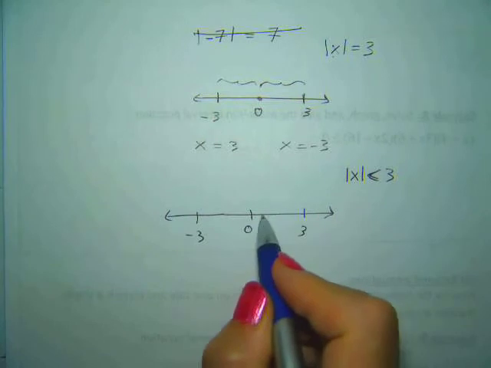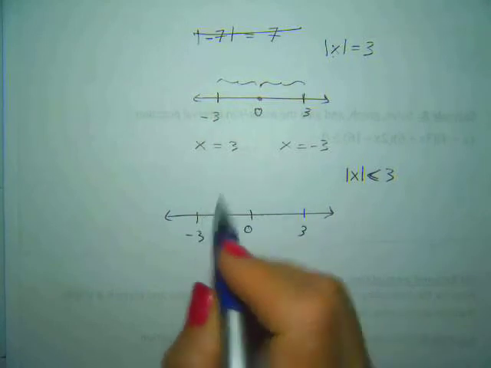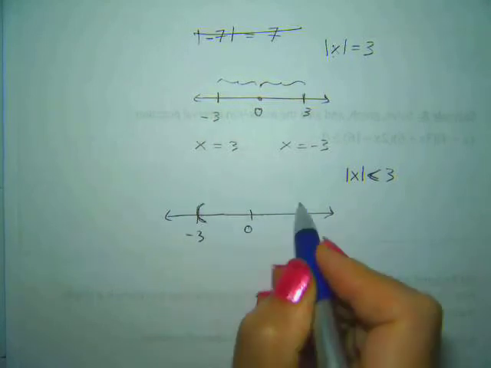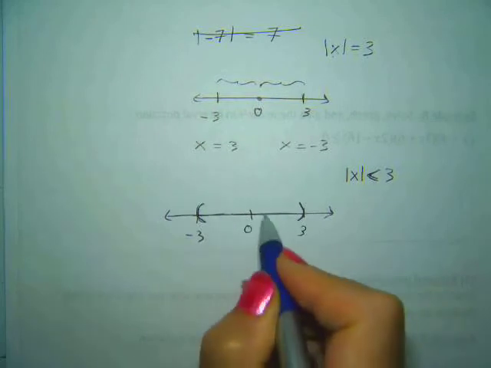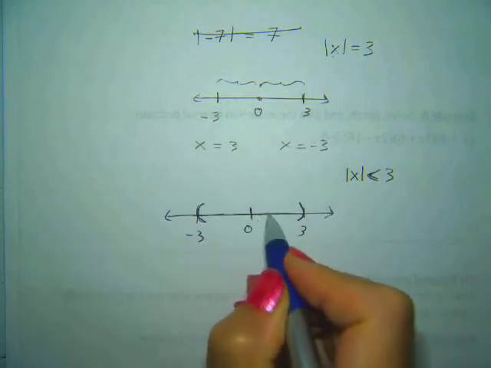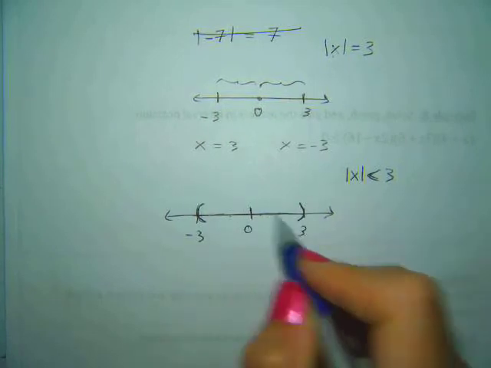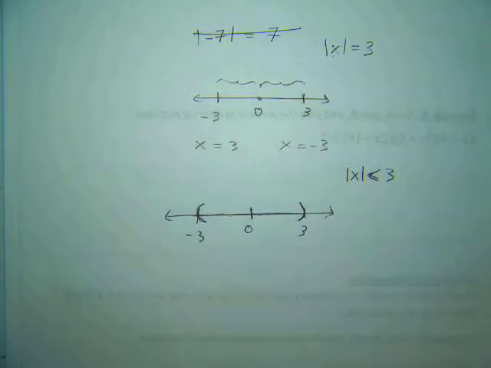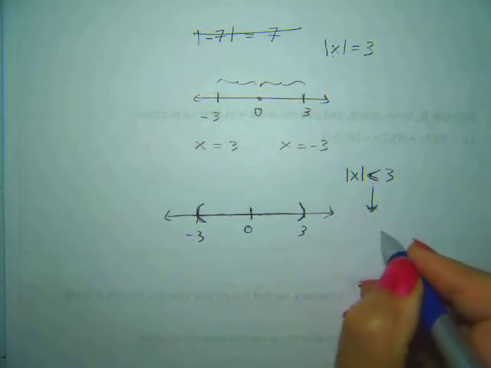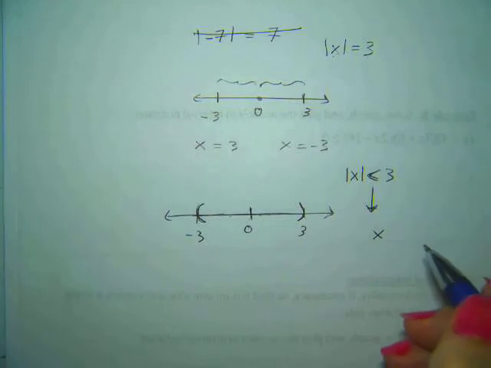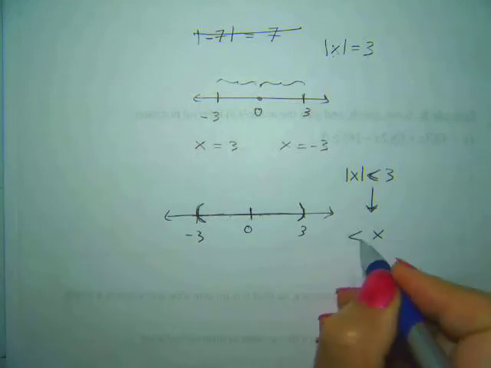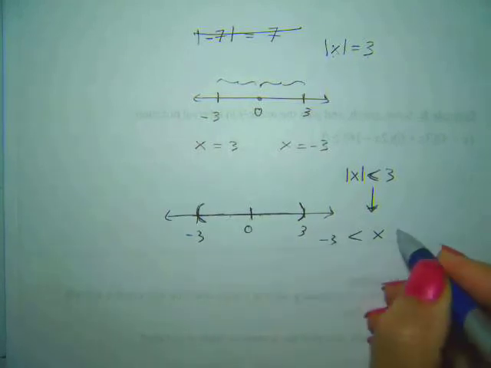So x could be anywhere between here to here, because any place here, all this is less than 3 units away from 0. So that means this is going to be equivalent to saying the three-way inequality,